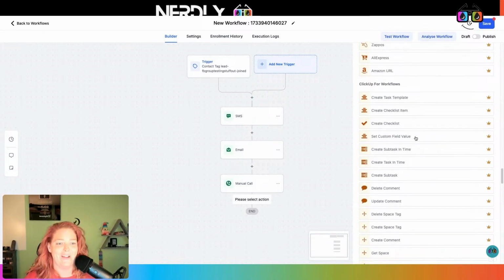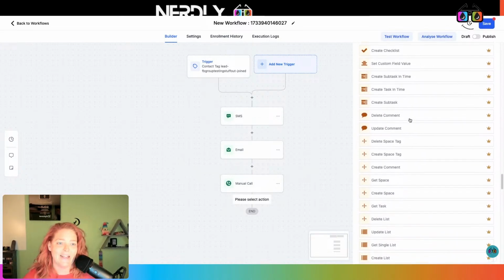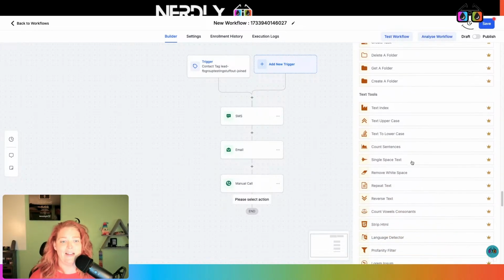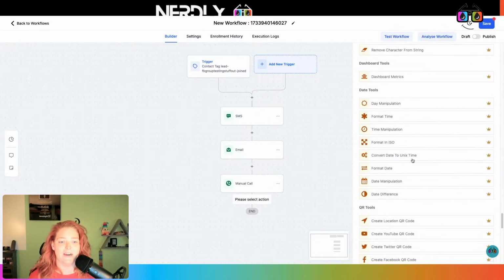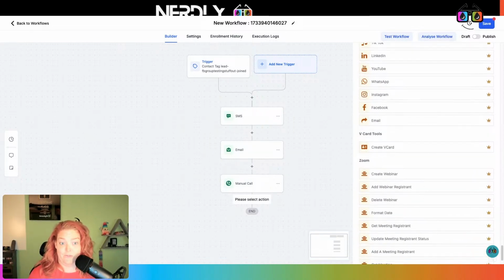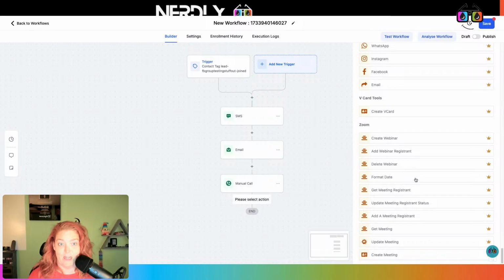Set custom field value. Create a subtask. Add them to ClickUp, right? Do some cool stuff here, right? Date format and create a QR code for them. Who knows, right? Like you do some weird Zoom stuff. So, but the point here